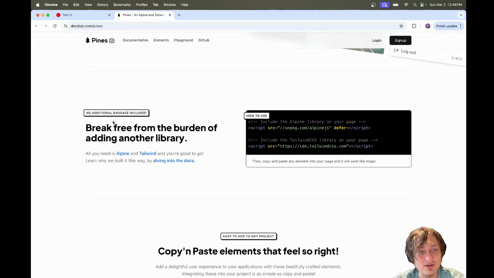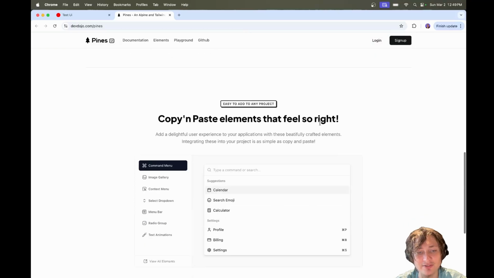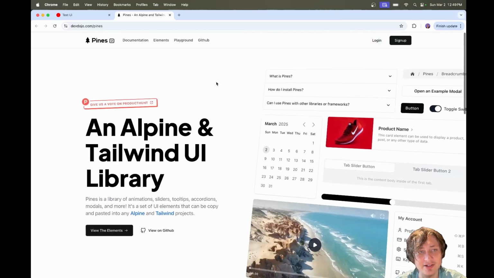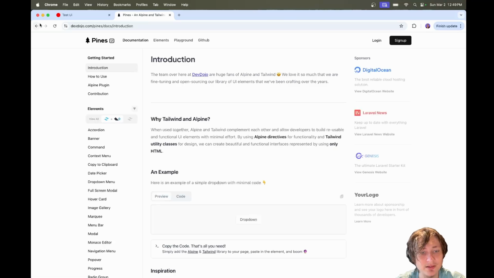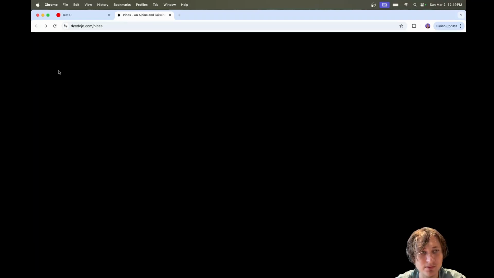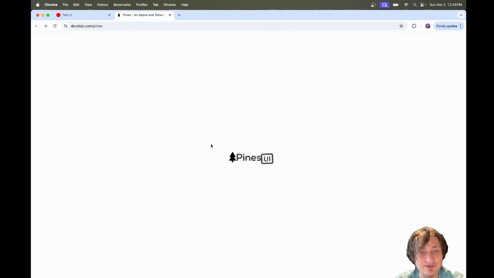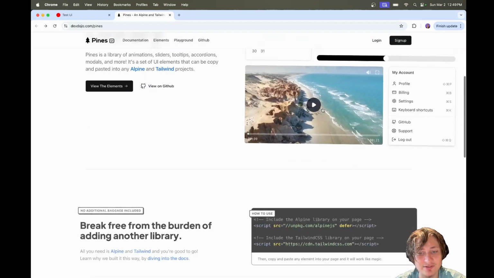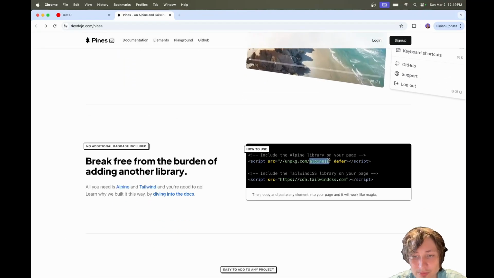All right, so all you need is Alpine and Tailwind. So they're showing you could actually just use a CDN for Alpine. Now that's interesting. I've never really tried to add Alpine.js to a Rails app. Actually, I've never used Alpine.js before at all. So this will be new. I guess we could start with trying to get Alpine.js. I know we already have Tailwind, so maybe